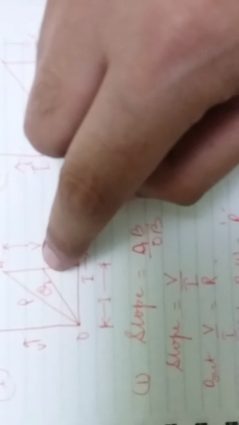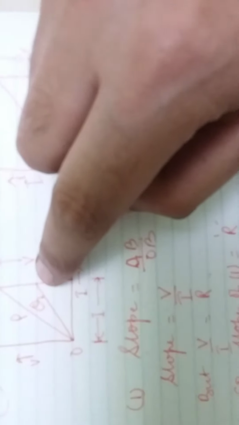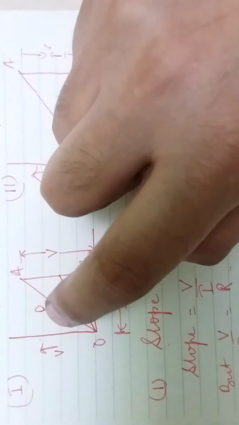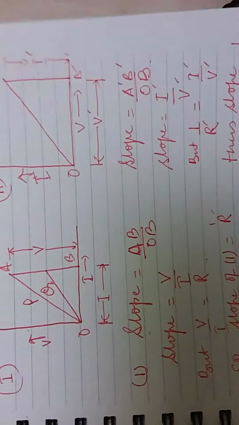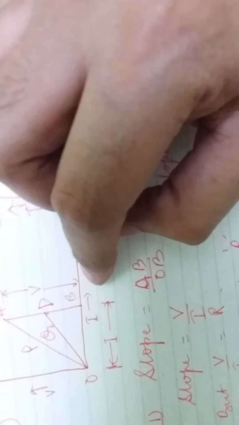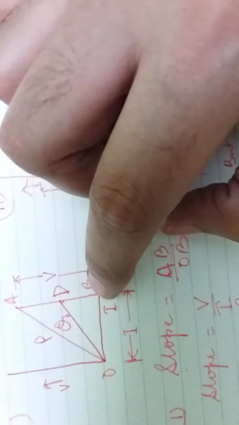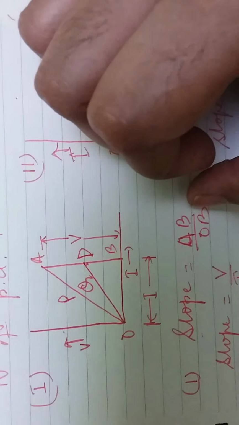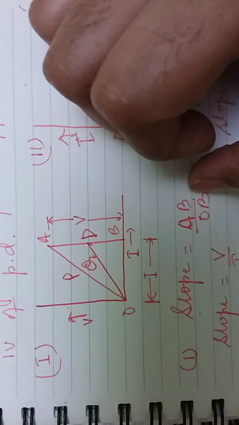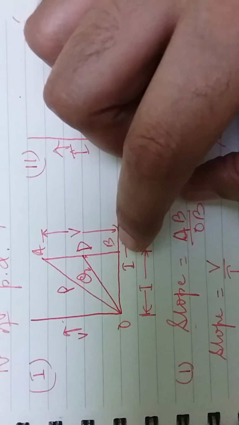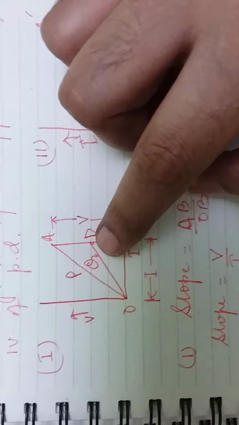So what is the impact of this? The impact is, for the same value of current, you have potential difference for P, at A, let me call it T. And for the same value of current, the value of potential difference for Q is lesser. So that means if I provide lesser potential difference, I am getting the same current. So this means the resistance for Q has to be less than P.